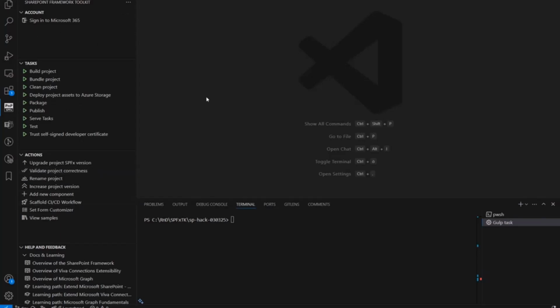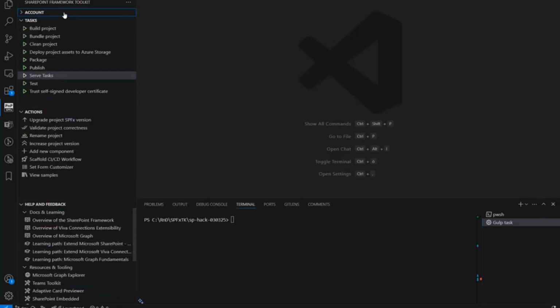On the screen you see 4 views right now: accounts, tasks, actions, and help and feedback. Because I have not signed in yet, I can continue to build my project. I can test locally in Workbench. Additionally, I can download samples from the sample gallery. I can validate the correctness of projects. I can upgrade to the latest SharePoint Framework version, add CI/CD workflows, and more. However, when I log in,